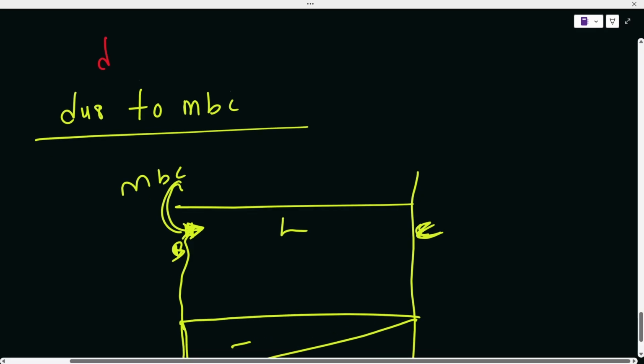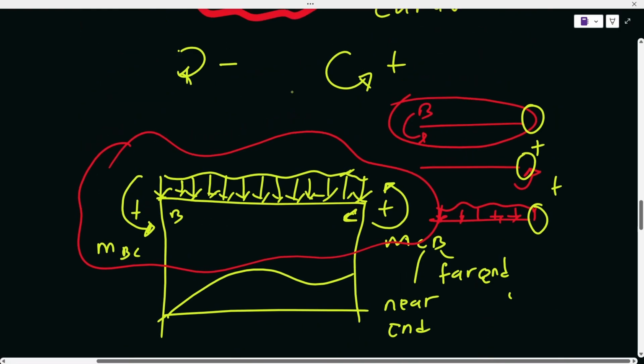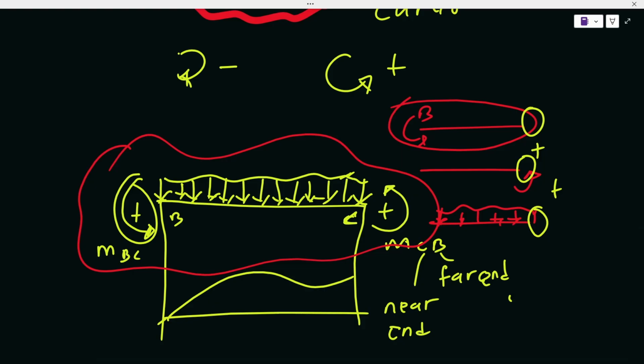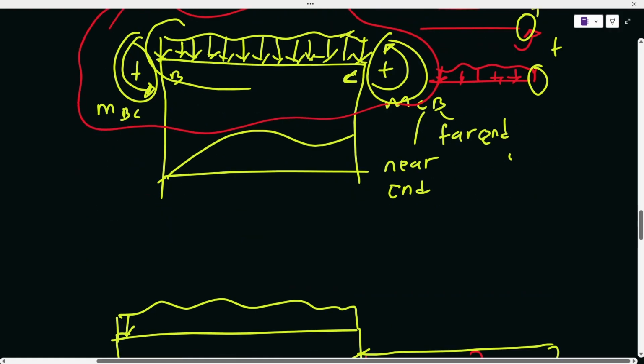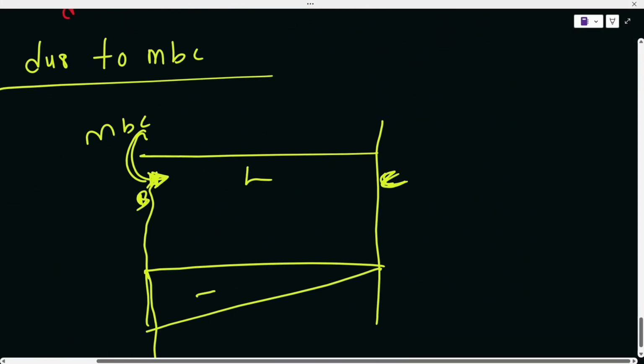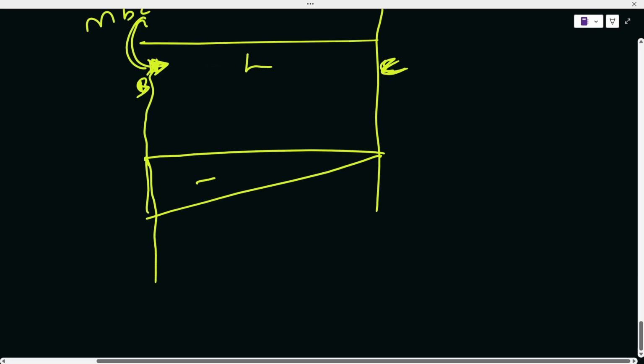I said this structure can be decomposed into this first moment separately, plus this second moment separately, plus this third external force. But for now, I'm dealing with the first moment acting separately and alone. So if it is acting alone, this is how the bending moment diagram will be. So continuing,